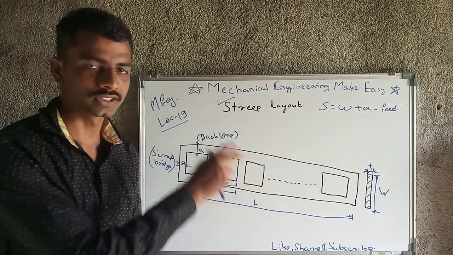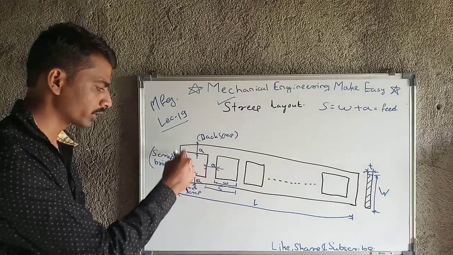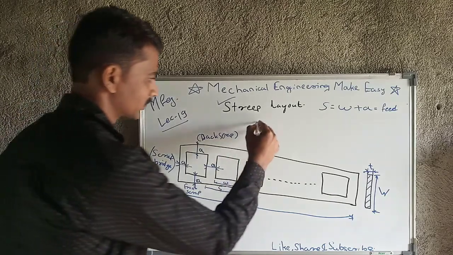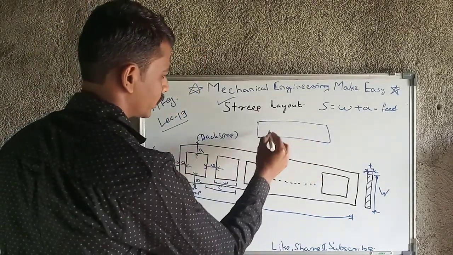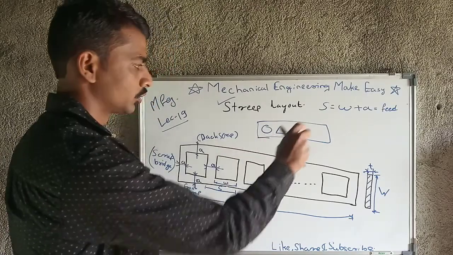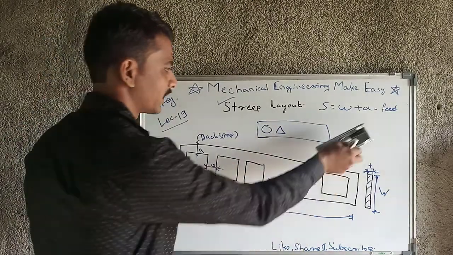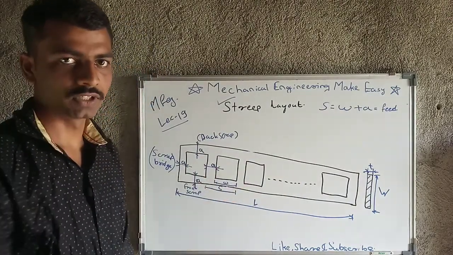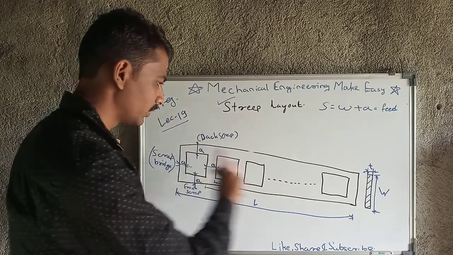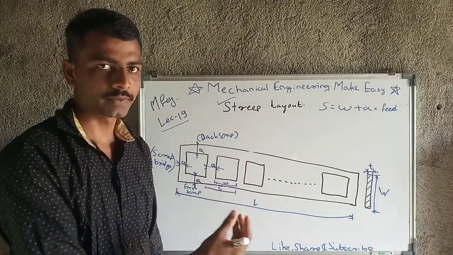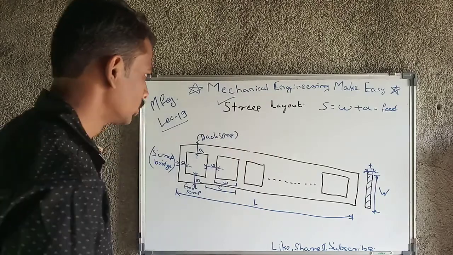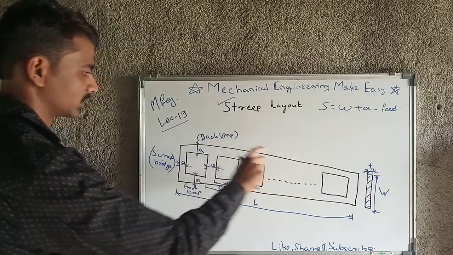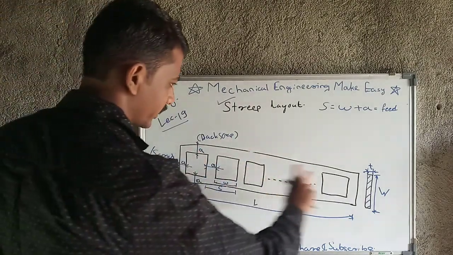Firstly we have to design one strip layout. This is the simplest strip layout, where we are cutting a square or rectangular section from one sheet. There may be cases where we have to cut circular or triangular shapes. Depending on that we have to design the strip layout first, otherwise the percentage utilization of the sheet will be reduced. That's why we first design the strip layout. What parameters do we consider while designing it? What is strip layout exactly? We have to cut a number of parts from one sheet.